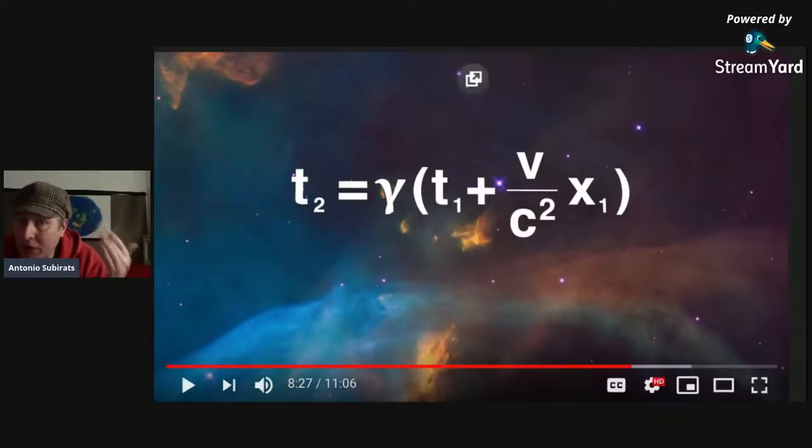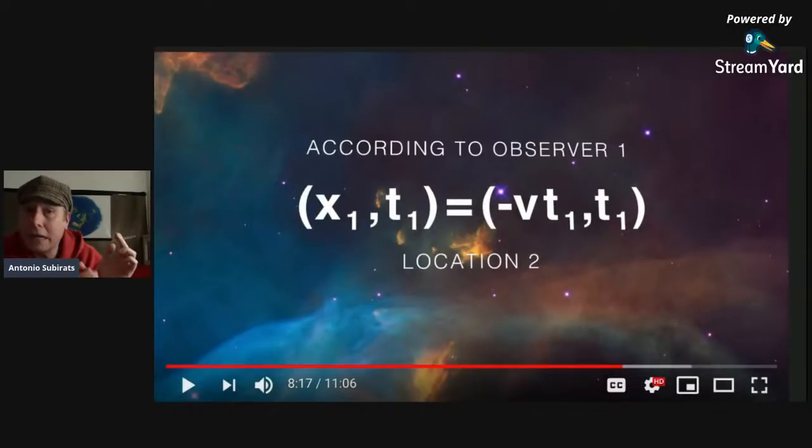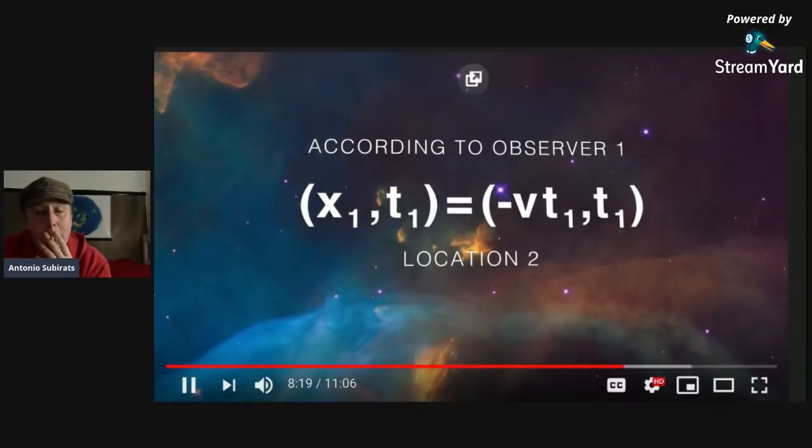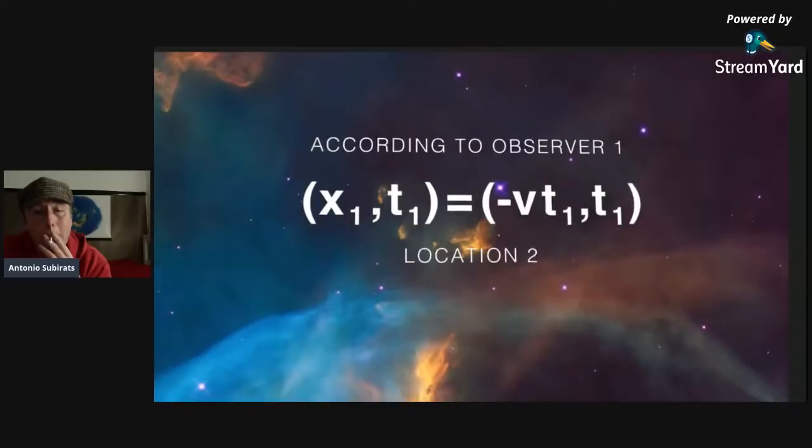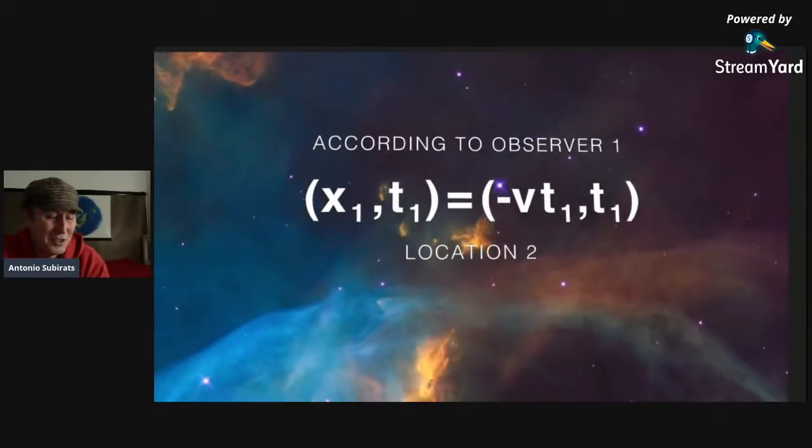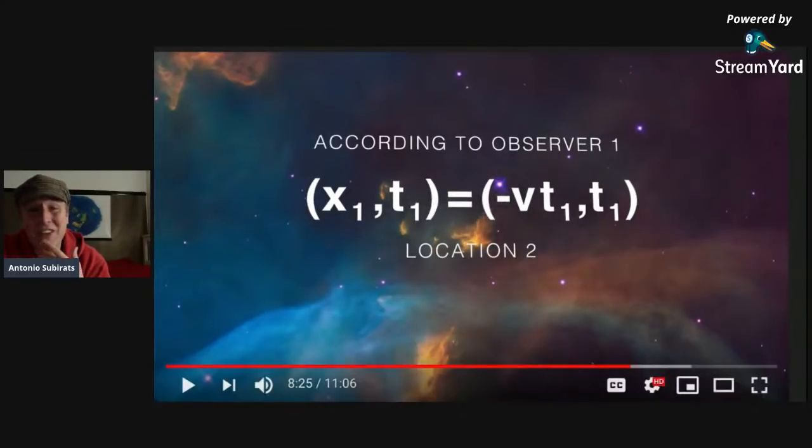If you're not hearing the gibberish, like, I'm going to play it again. If you're not hearing the gibberish, there's no help for you and no hope for you. So listen. Remember that observer 1 sees this location as x sub 1 t sub 1 equals minus v t sub 1 t sub 1. Yeah. Oh, that's not gibberish. Oh, no, because it all means other things. Yeah, when a proper imbecile comes to you and goes, he thinks that has a meaning. He said,